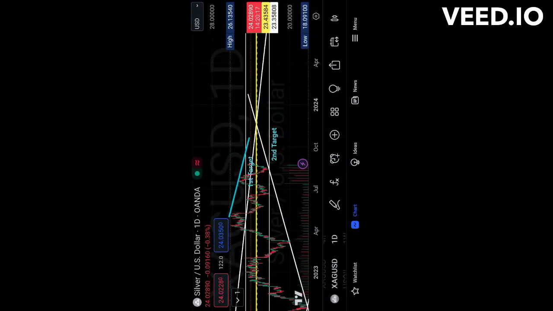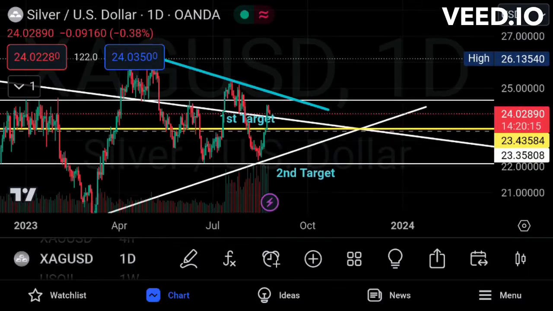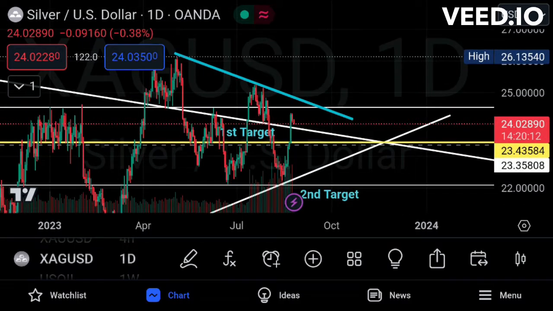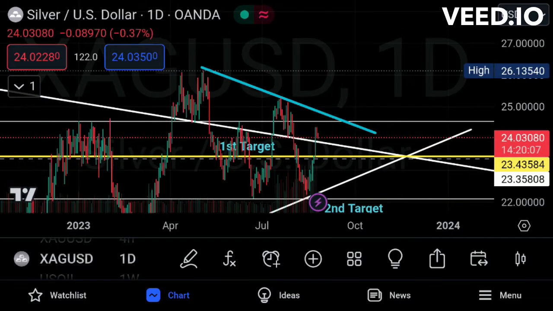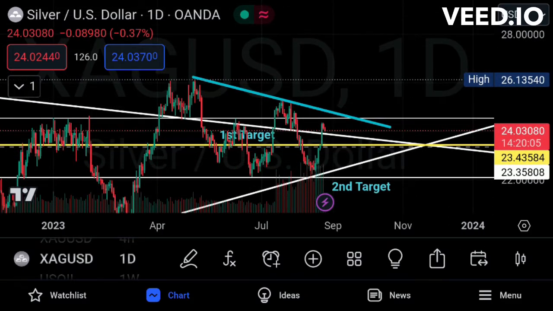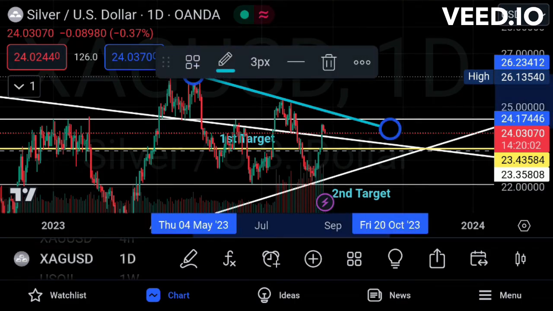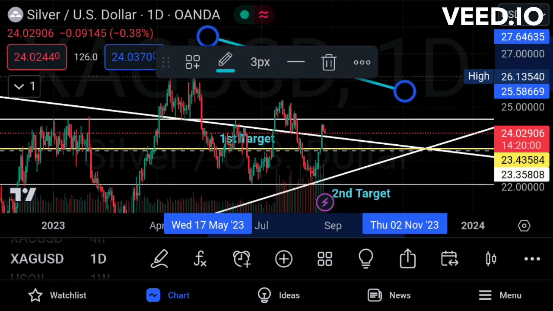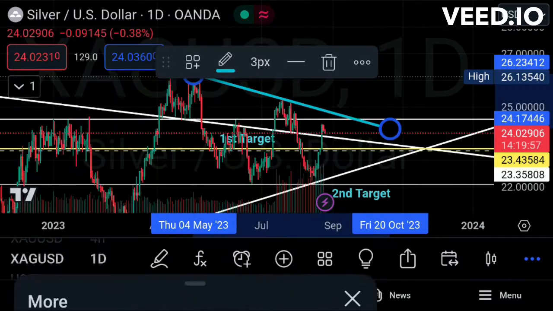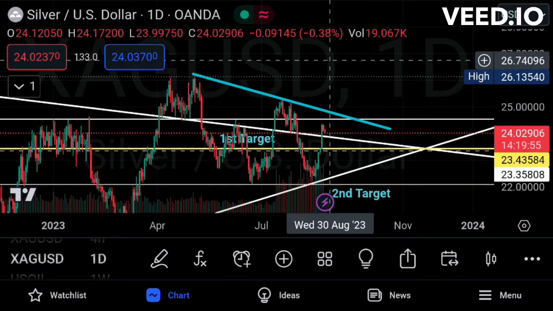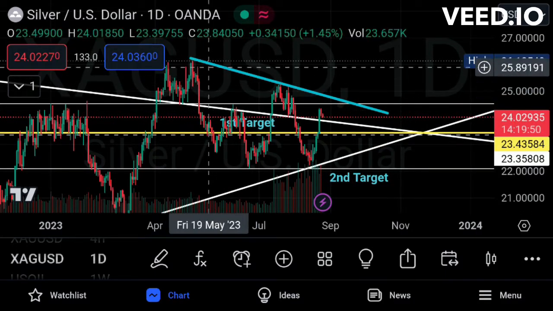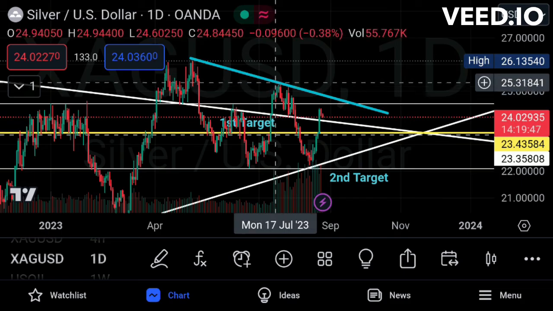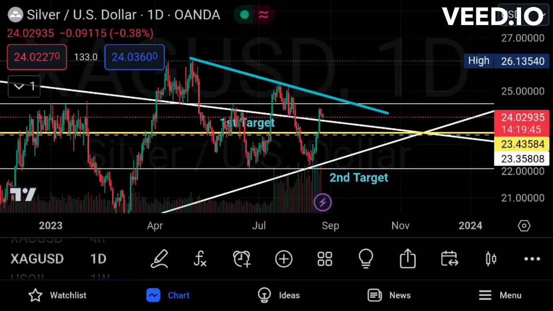So as you guys know, silver is also known as XAG. So I'm on its chart right now, XAG USD daily time frame. So right now, as we can see, the silver chart is forming a downtrend with a blue trend line, this one right here, and it is quite respecting it nicely also. So right now, as we can see, it is forming lower high, lower low, lower high, lower low, lower high in a downtrend. So there are chances that